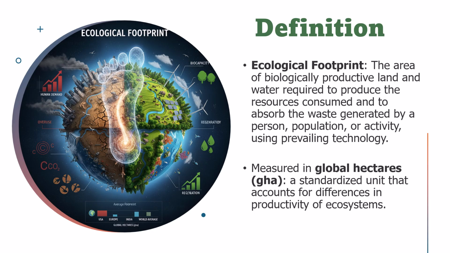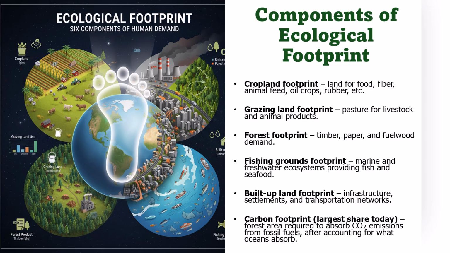To make comparisons easier across countries and ecosystems, it is measured in global hectares. This standardized unit adjusts for differences in ecosystem productivity, allowing us to see how an individual's lifestyle or a nation compares in terms of environmental demand. The ecological footprint is broken down into six major components, each representing a different type of